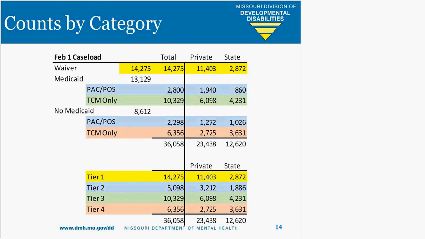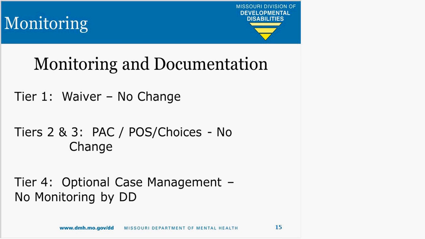Considered is whether or not there's a change in the monitoring. When we looked at it, there really is no change. Those individuals who are in a waiver will still require the same type of monitoring and documentation as before. And actually, those in Tiers 2 and 3 who are in PAC or the old CHIS program, there's also no